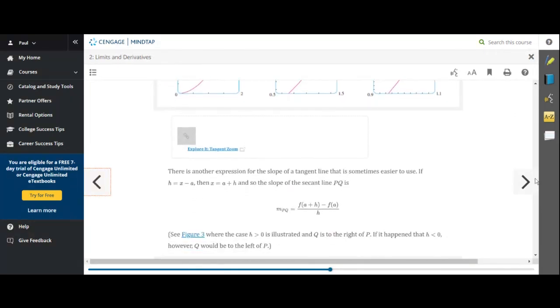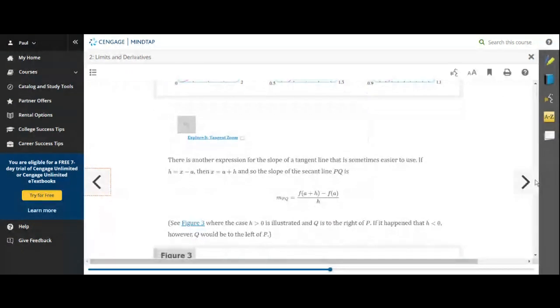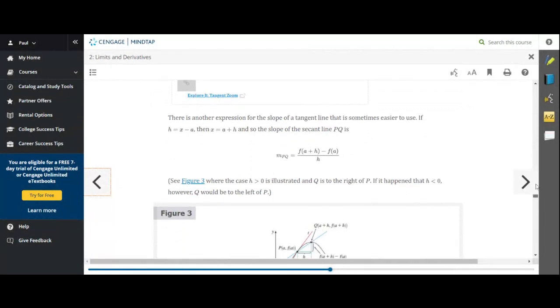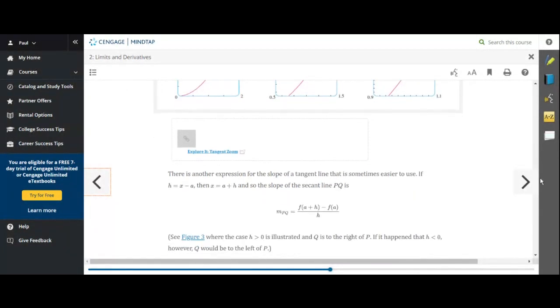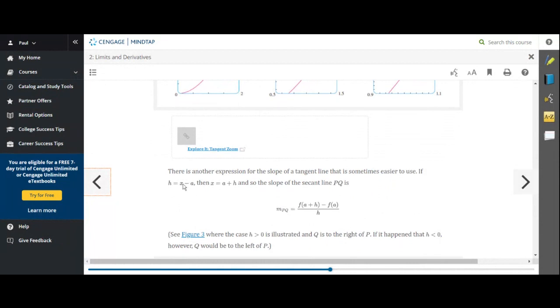Now, the definition of a derivative can be altered. If we go down here, it says there's another expression for the slope of a tangent line that is sometimes easier to use. If you were to let x minus a be equal to h,